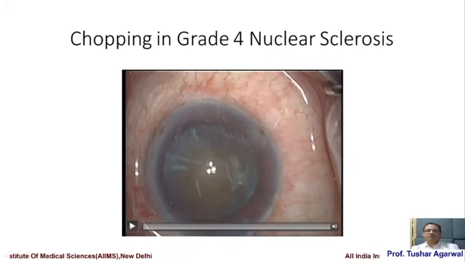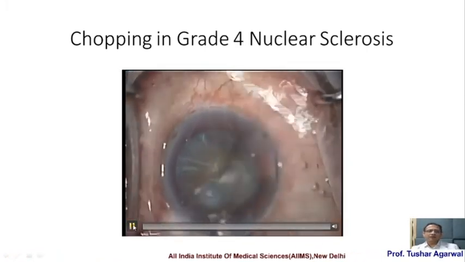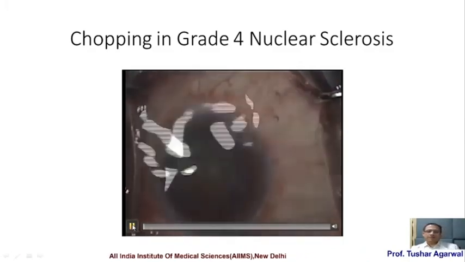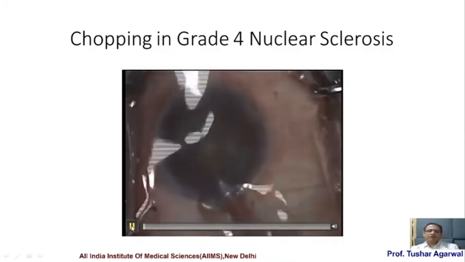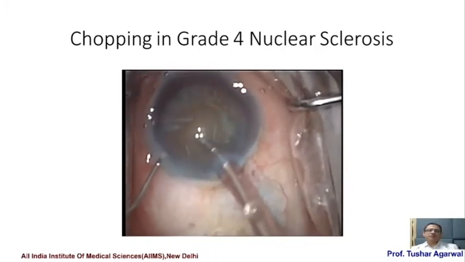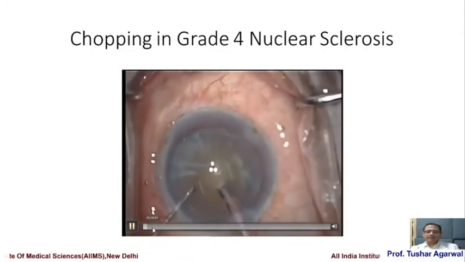This can be done by two methods. The initially described technique was crater and chop, where you ran phaco without any attempt at chopping in the center, created a central crater, and then did the peripheral chopping. Nowadays we do what is called peripheral chopping, followed by mid-peripheral chopping, followed by separation of the central core of the nucleus. You remove that central core, and then you remove the nucleus. So you'll see that.